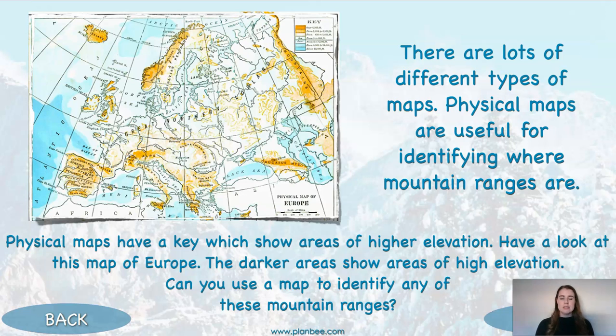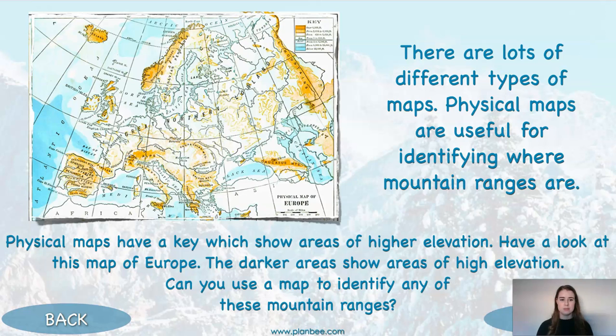So before we look at some of the different types of mountain ranges, there are different types of maps that we can use that will help us identify certain areas within our continents where there are high peaks, i.e. mountains or hills. So here is an example of what we call a physical map, and you can see that there are slightly shaded out areas in a slightly orange-yellow colour, and this helps us identify where the mountain ranges are. The lighter the colour is, the less tall the mountains are. So any that have a very dark orange colour to them show that those are some of the highest points